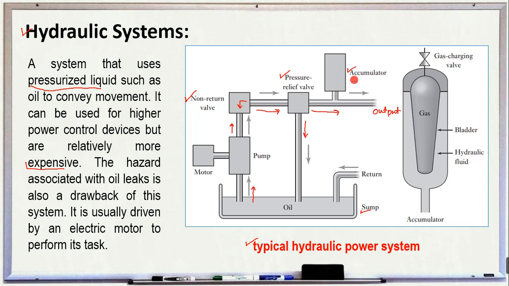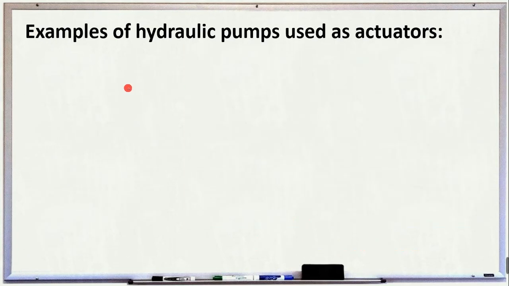So the purpose of the accumulator is to respond to any pressure fluctuation in our system. So if ever sa output nato maka-experience siya o mag-fluctuate ang pressure, siya mo respond ana, siya mo hatag ana nga particular nga amount of pressure nga nakuwangan sa ato ang system. Okay, so example sa ato ang